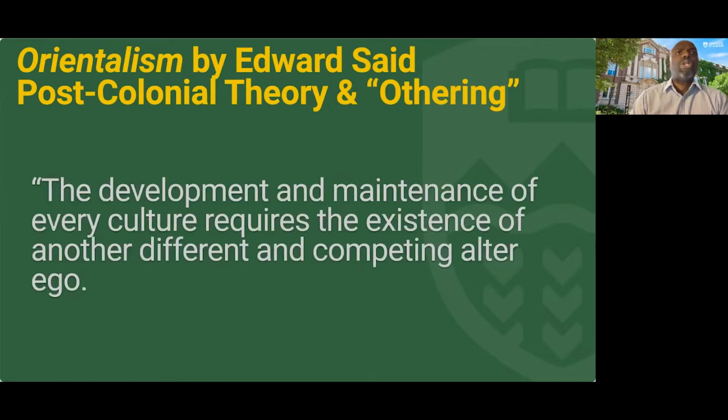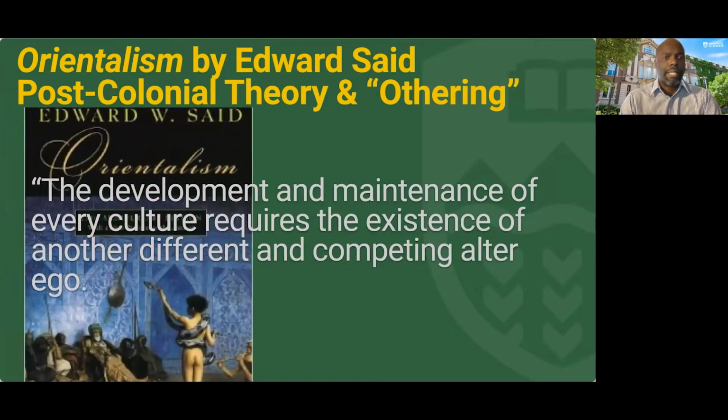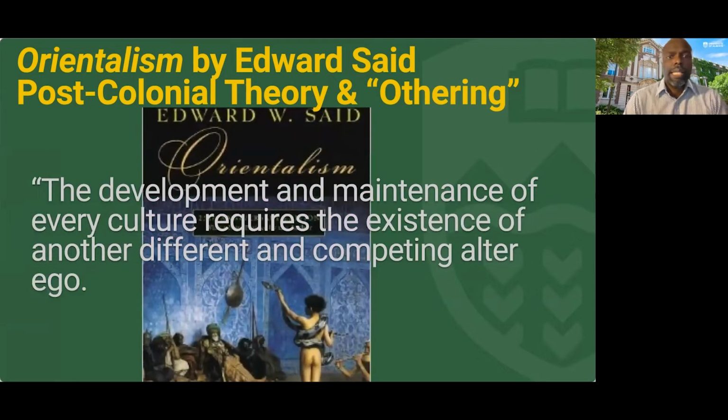As a post-colonial theorist, a framework that comes to mind as a result of anti-racism, decolonization, and neocolonial sensibilities in higher education is the lens of othering. This is a binary opposite deconstructed as conscious or unconscious bias and proposed by Edward Said in his monumental monograph, Orientalism, in 1978. And I quote, "The development and maintenance of every culture